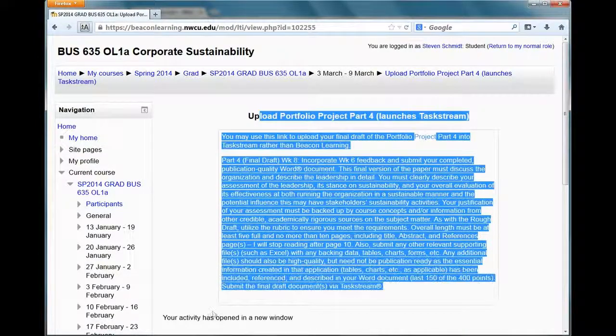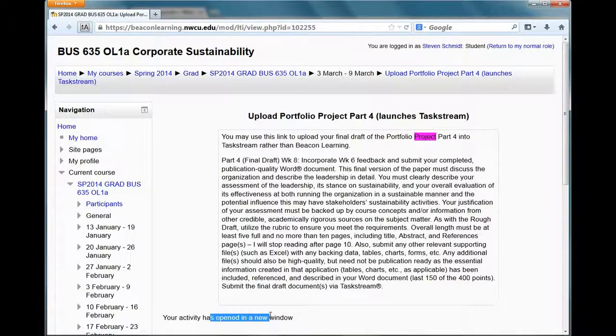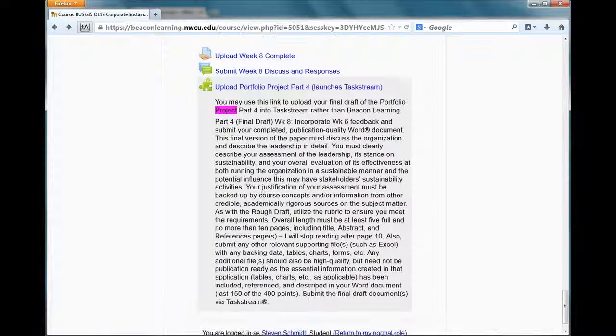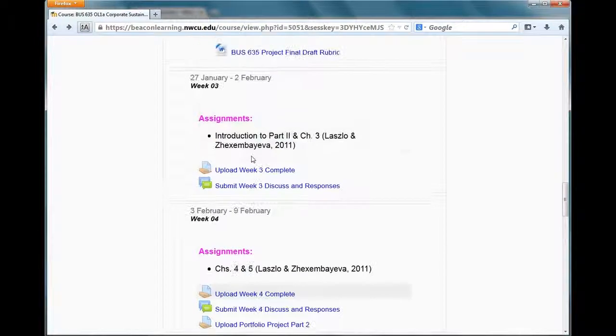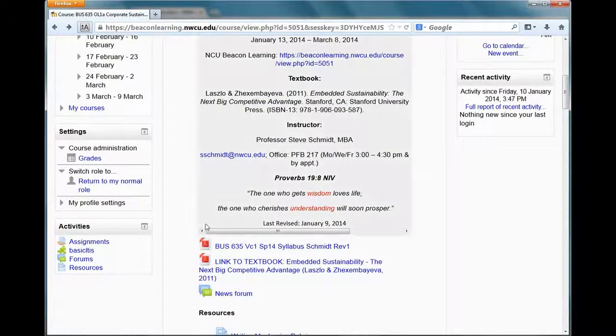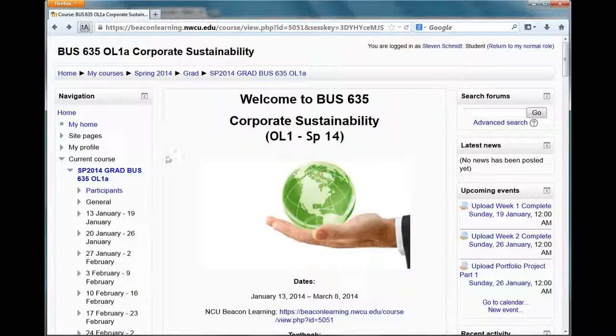So when I clicked on that link to the portfolio assignment, this is what pops up, and it says your activity is opened in a new window. That's that window that right now isn't working. When we get to week 8, that's where your final draft, done per the rubric, done per the description in the syllabus, will be uploaded. So that's the way you interface with this course online. And I think that should give you everything you need to know to be able